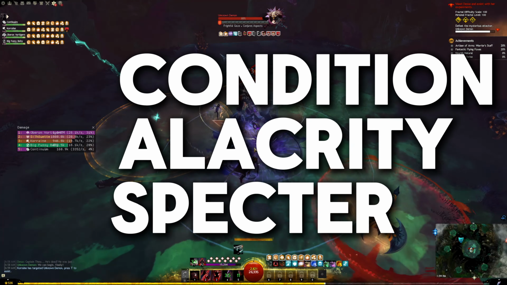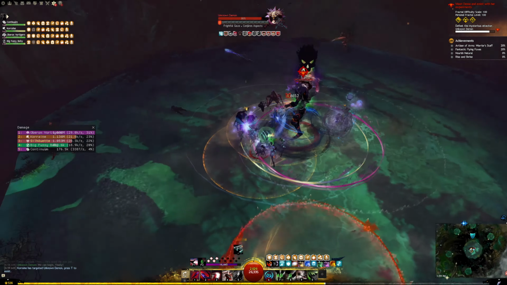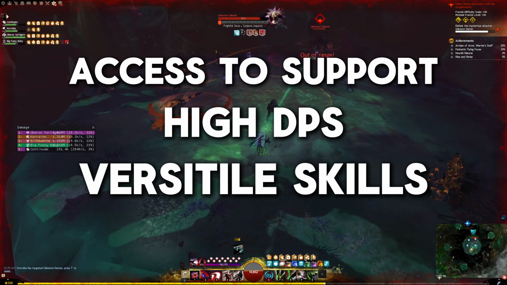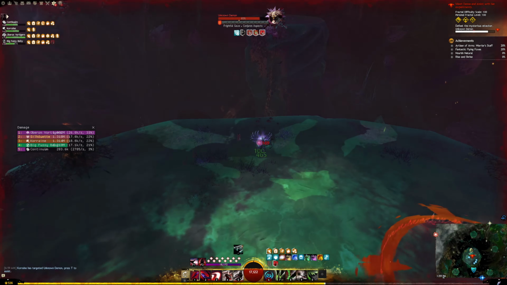the condi Alac Specter. Just like the original video I highlighted this build in, it is one of my favorite ADPS classes. It has good access to supportive components with allied targeting, it has high DPS with fairly straightforward damage rotation, has the ability to substitute damage for more support or other utility, and it feels very active in terms of using skills. While it is a high APM build, it is more like spamming just a couple of